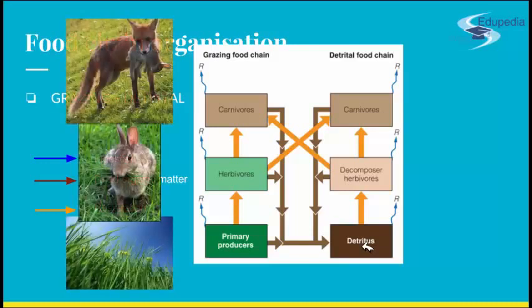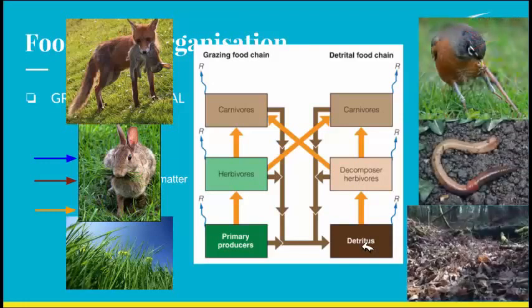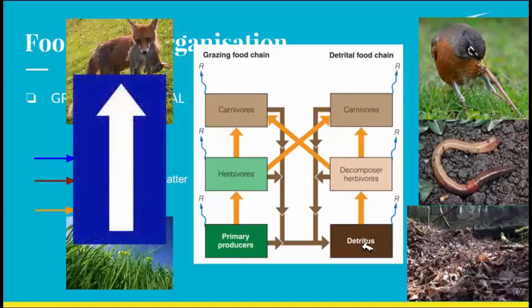So this is a typical flow of energy in a grazing food chain, and this would be the process of energy flow in a detrital food chain, a typical presentation of it. Also, the other difference between the grazing and detrital food chain is that the grazing food chain is unidirectional, which means that energy flows in strict order of trophic levels,